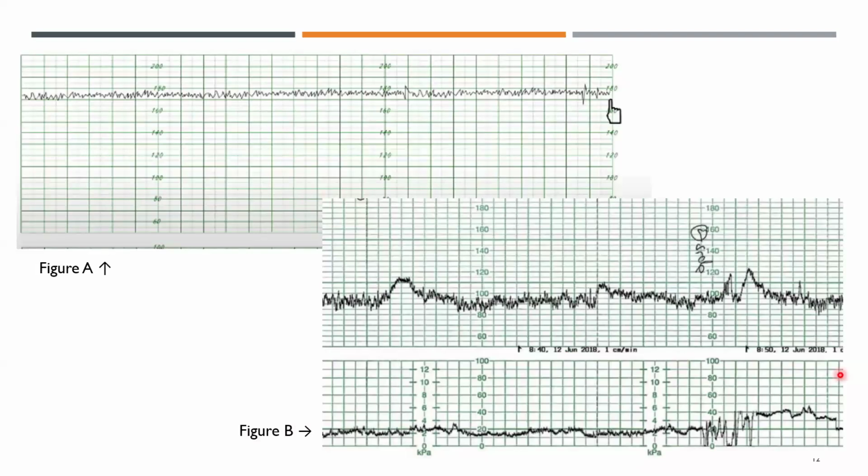Now we have two figures over here. If we look at the first one and draw an average in between, we would find that the average heart rate comes to around 175 beats per minute. 175 is greater than 160, so we're looking at tachycardia. If we look at the graph at the bottom, ignoring the accelerations, and draw an average, even in this 10-minute window, we can see that the average heart rate comes to around 90 or 95 beats per minute, which is less than 110. So we're looking at bradycardia in this scenario.